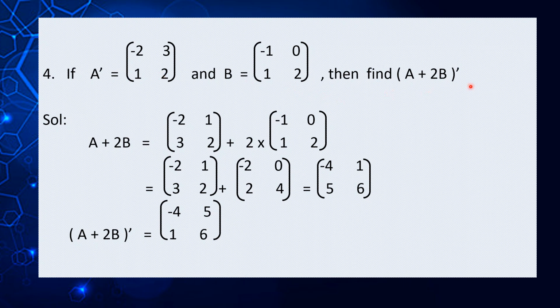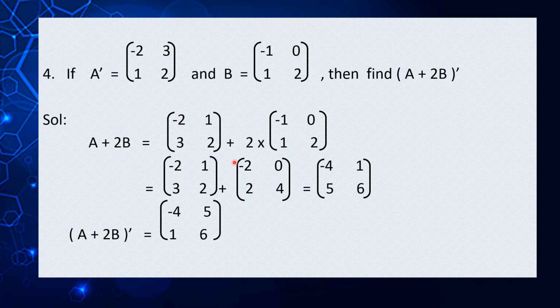So in order to find A plus 2B the whole matrix, we have to first find A, which is the transpose of A transpose, that would be transpose of this matrix, that is A is equal to minus 2, 3, minus 2, 1, 3, 2, that would be A, and plus 2 into B, that is minus 1